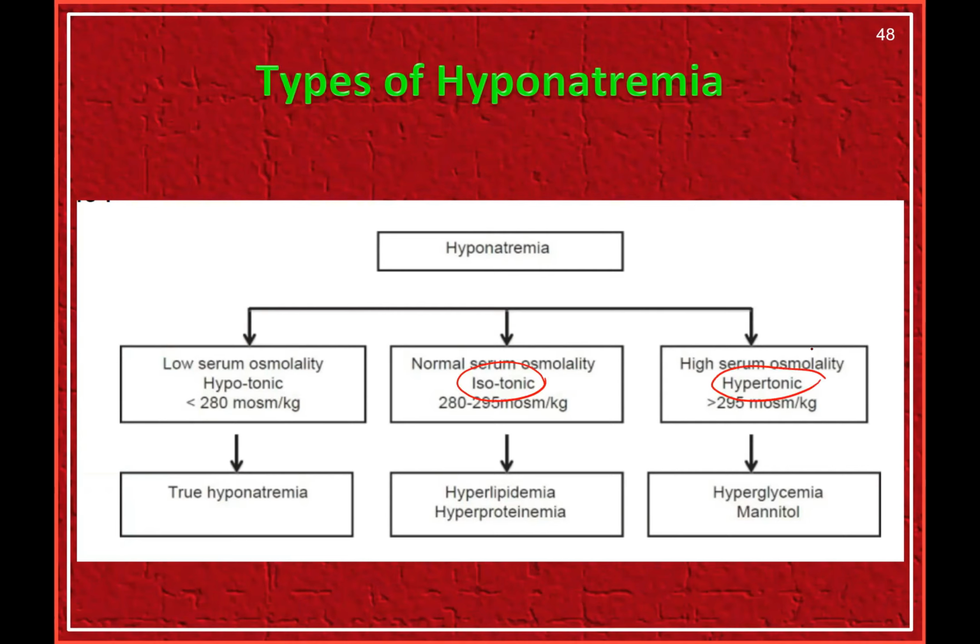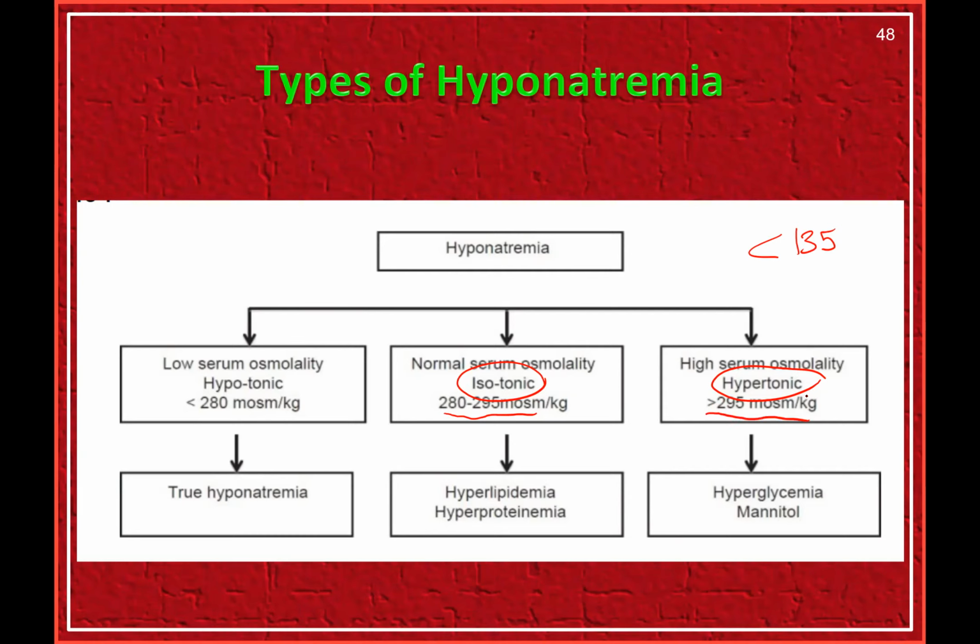If it is isotonic, there are two important conditions you need to remember. Hyponatremia is defined as less than 135, and it can go down also. Isotonic means an osmolality of 280 to 295 milliosmoles per liter. This you can either measure in the lab or calculate. You know how to calculate that; we have done it in acid base also. And if it is more than 295, it is hypertonic.